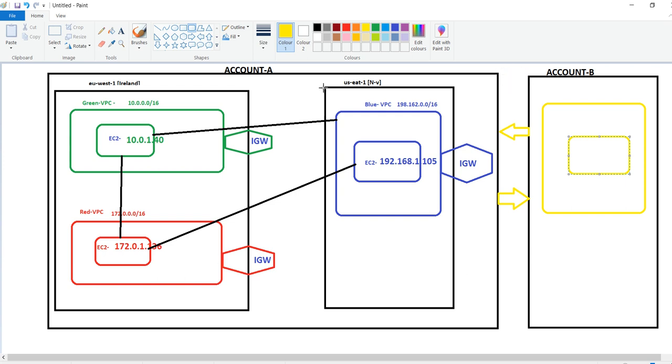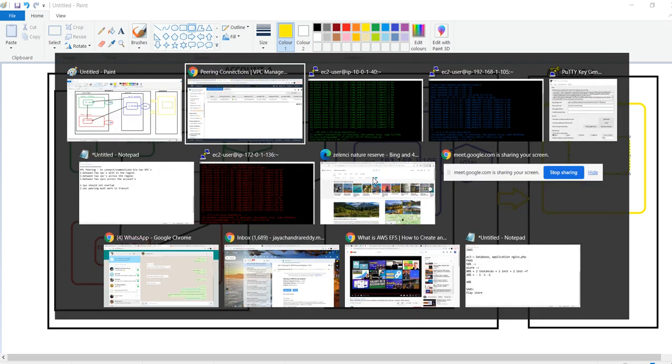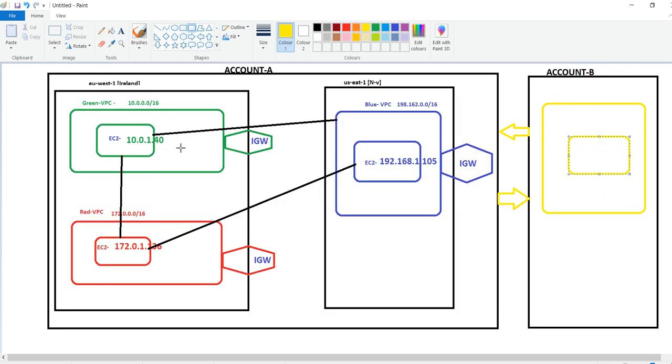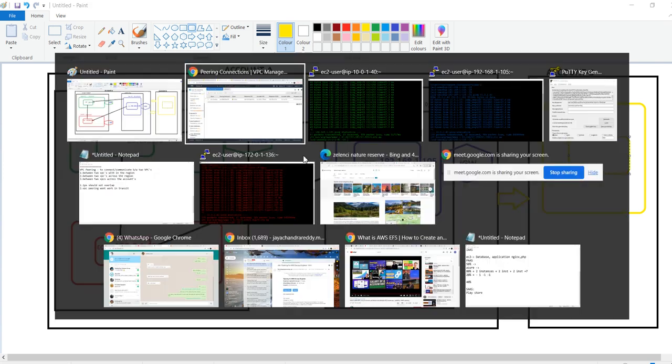Now what we have done here, we just created two scenarios: one between the VPCs in the same region, and between the regions, we have done the peering connection.